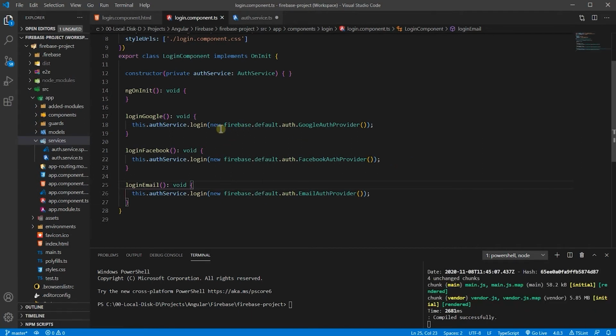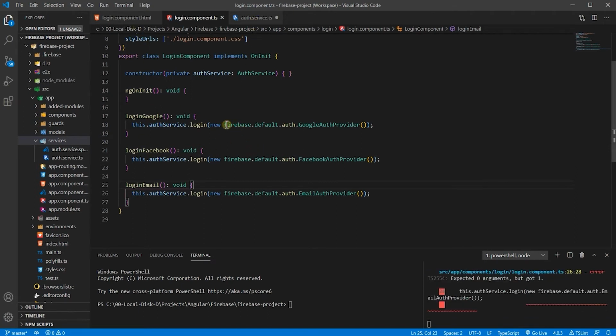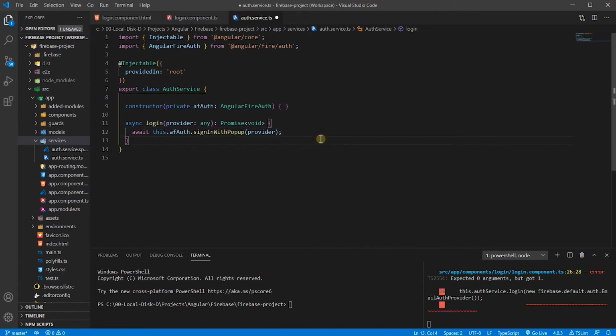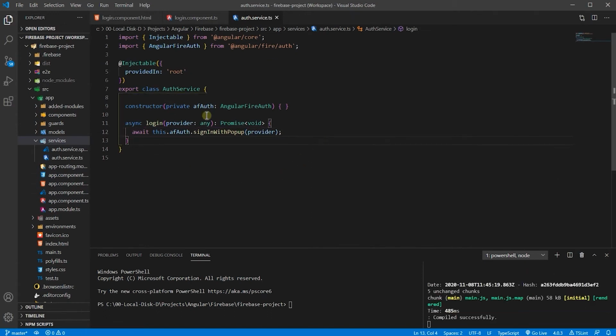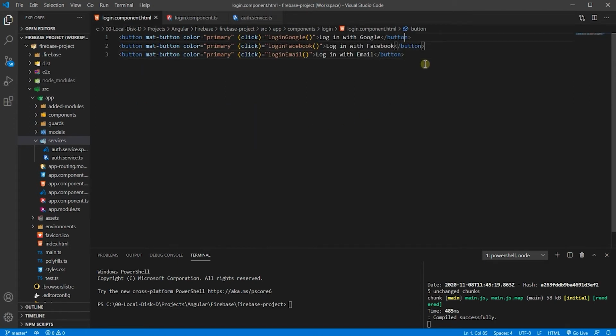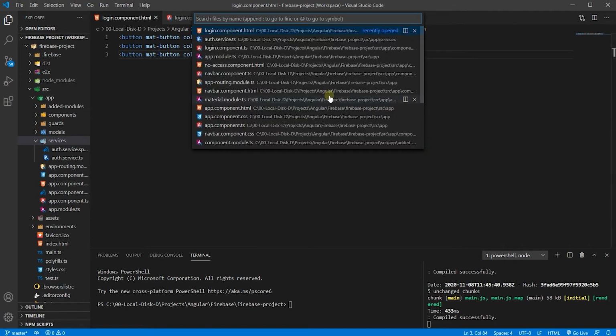Our buttons, three of them, have their own providers, and also in our auth login, we only have one login method. I would like to also modify something here. This login, let's make it one word. Okay. Now let's take care of our sign out button that we have on our